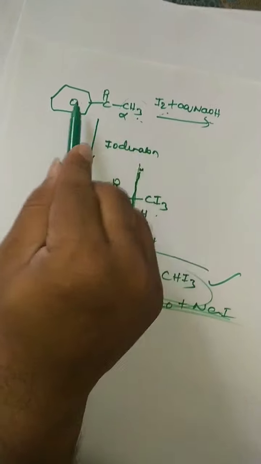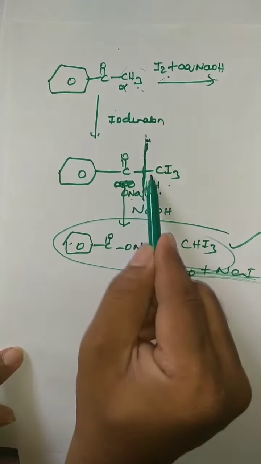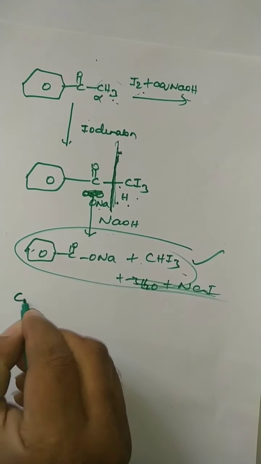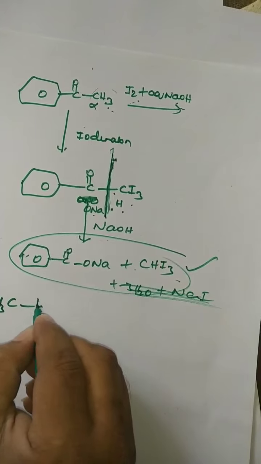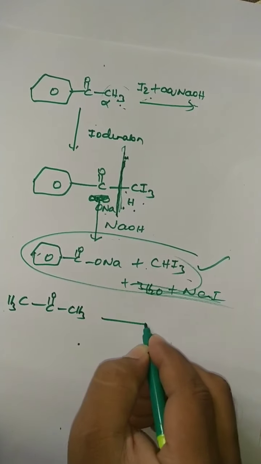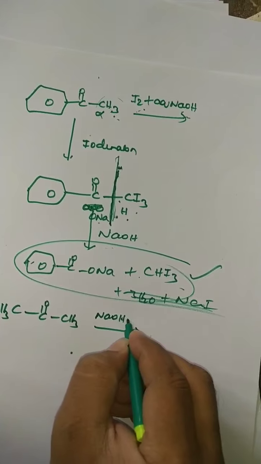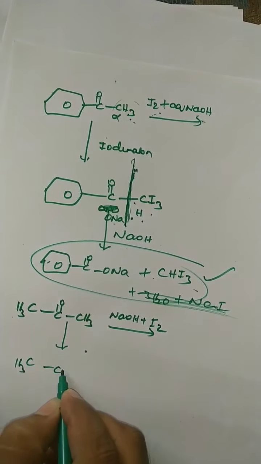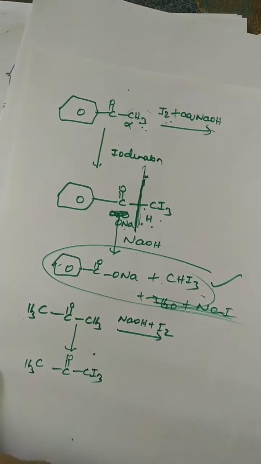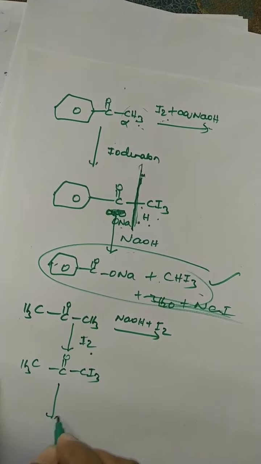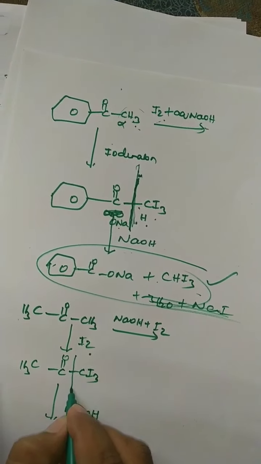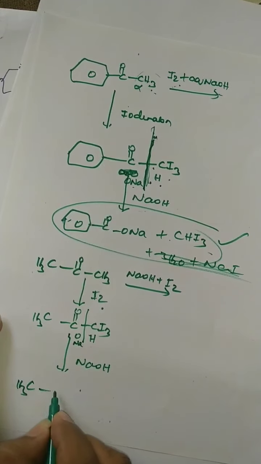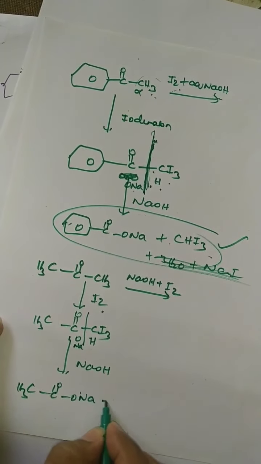By seeing this you have to say what the products are: first iodination followed by this type of bond cleavage. Okay, now you tell me the product, student. See, I have taken CO, CH3, whatever it may be. Simply on the arrow if it is given like this, how to predict the product? First step, students, you keep CI3, iodination. Next, the technique I said: NaOH, simply cut this side H, this side ONa. So you will get the final product CH3 CO ONa plus CHI3.